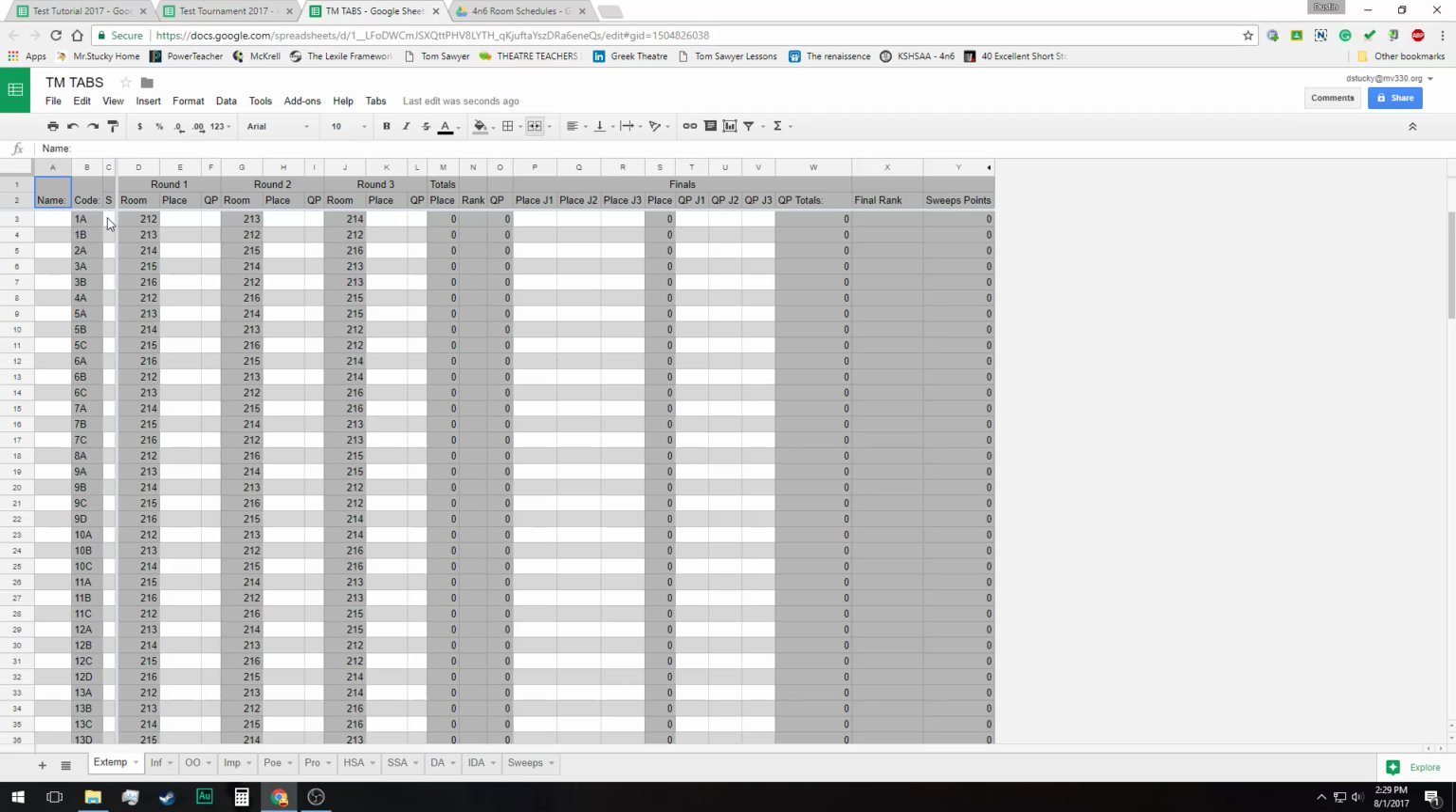So I've shown you that with the darker gray. Anything in the darker gray, don't adjust the values. You can adjust the colors, that's fine, but don't adjust those values because it will mess up the way that the whole system works. So when you originally open this, you're going to see that it's organized by the contestant